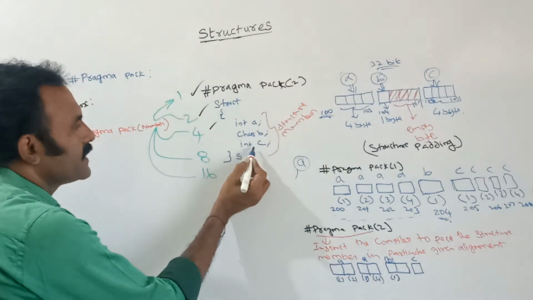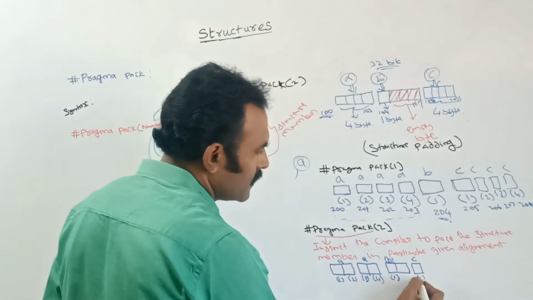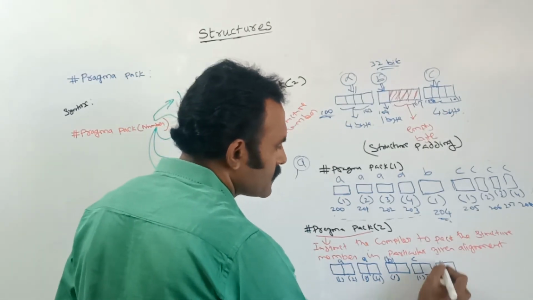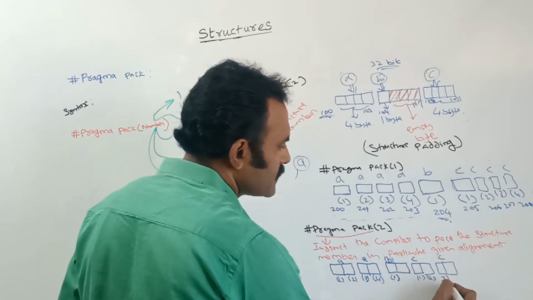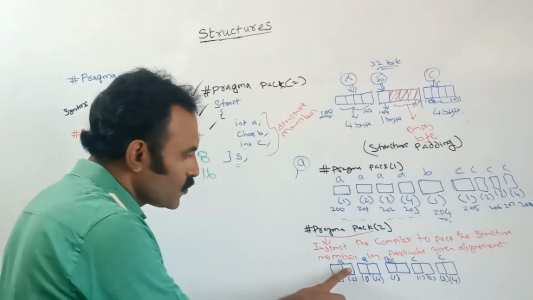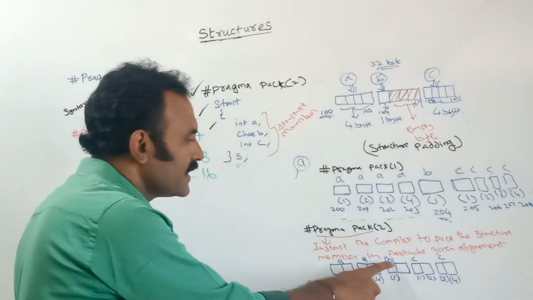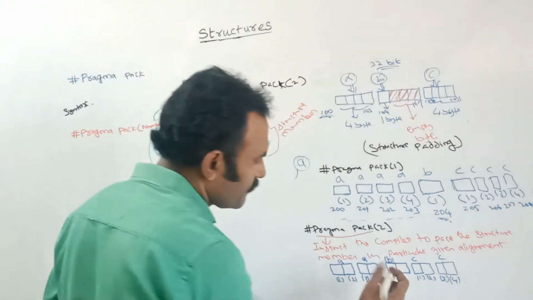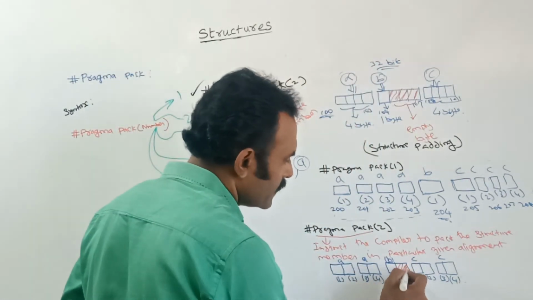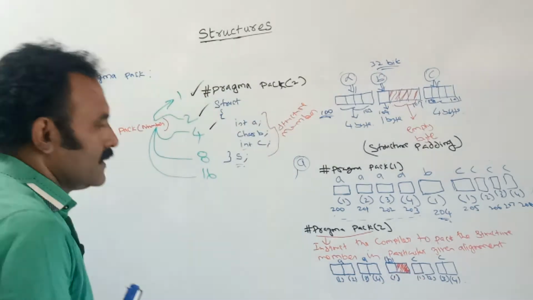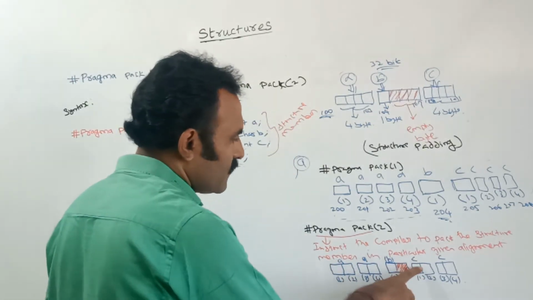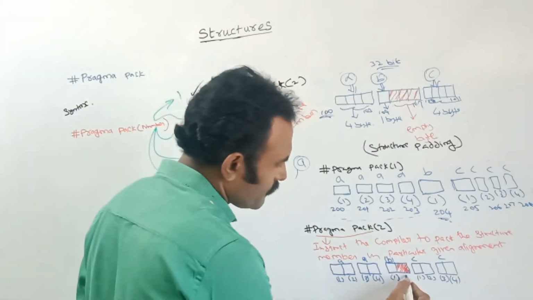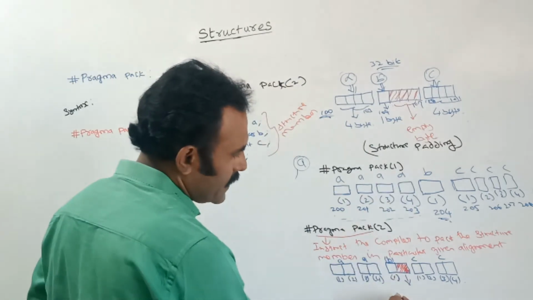So here C, this is the integer type. So C of 1, C of 2. Next cycle here C of 3 and C of 4. Here 2 bytes, but character B's default size is 1 byte only. So here the padding starts. This is the empty byte. Next C of 1, C of 2, C of 3, C of 4. So this is the padding, the structure padding empty byte.